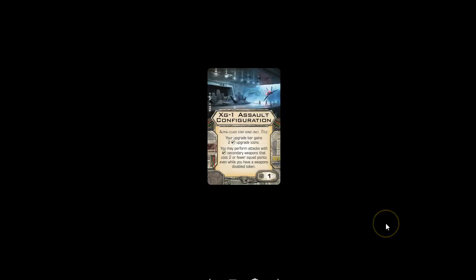Oh yes, we get the XG-1 Assault Configuration, Alpha-class Star Wing only title. By the way, this is the first small ship for the Empire that doesn't have TIE in the name. So that's actually really, really cool. So your upgrade bar gains two cannon upgrade icons. You may perform attacks with cannon secondary weapons that cost 2 or fewer squad points, even when you have a